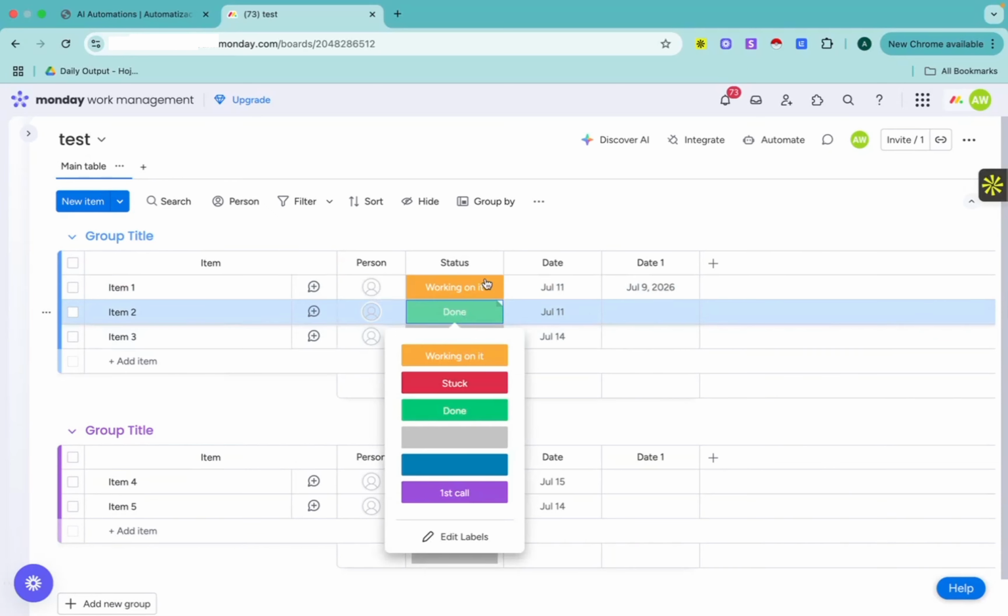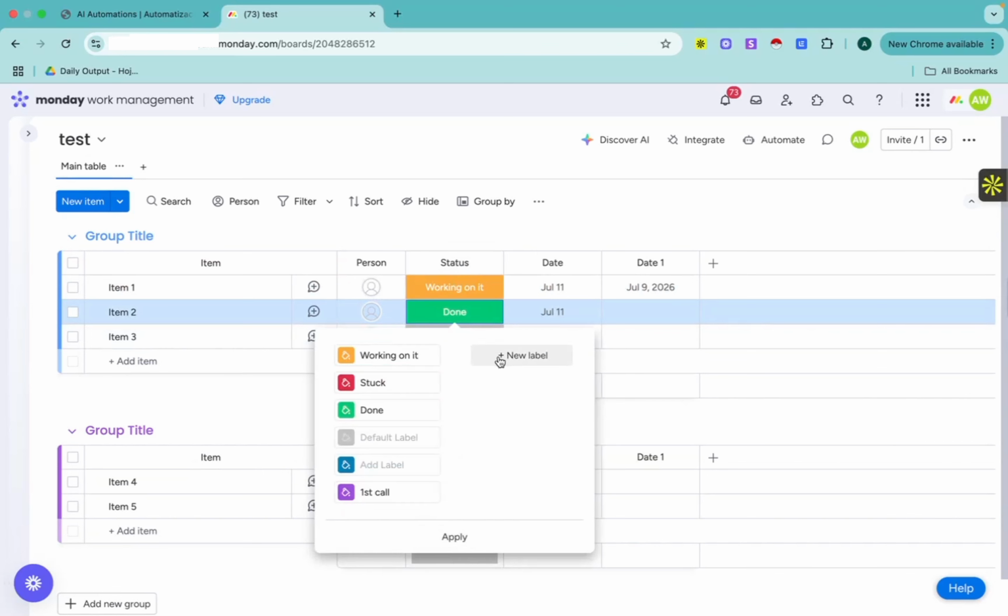So for example, we have these ones right now, and we can add new labels, okay? So let's say we would like to organize a bit more like this. First call to be booked. First call booked. Second call to be booked. Second call booked, for example. Then maybe we can do